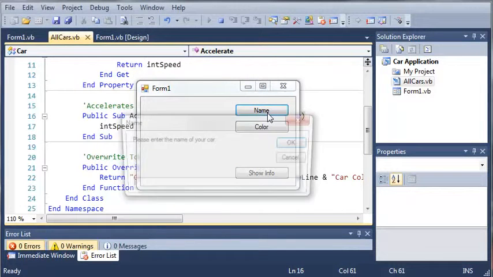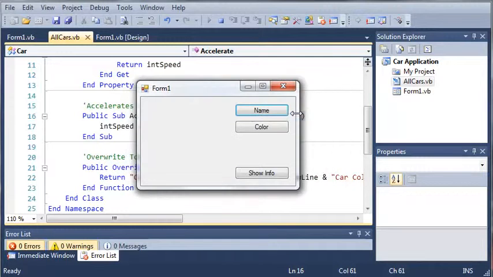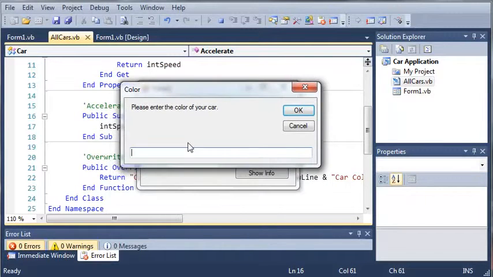Now let's go ahead and set the name of the car. So let's just call it Mustang GT 500. We'll go ahead and click OK. We will set the color of the car. We'll set it